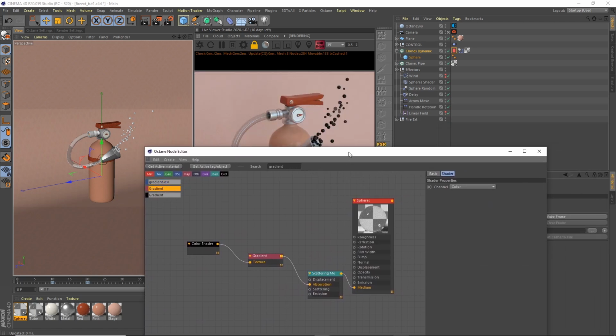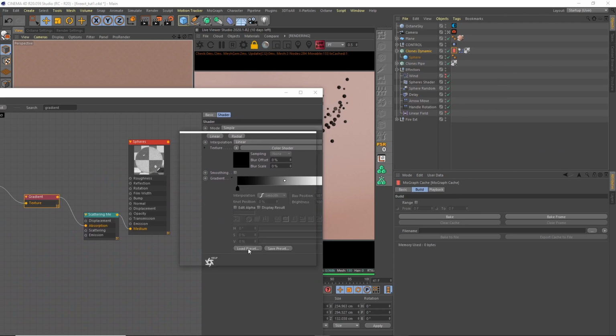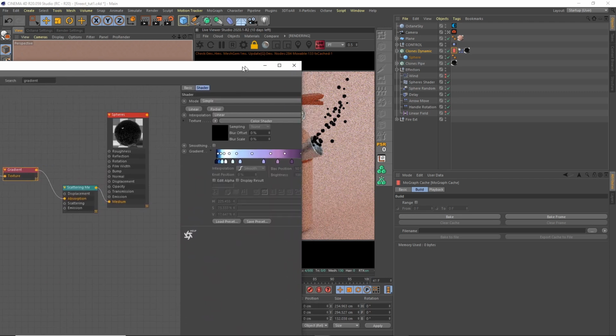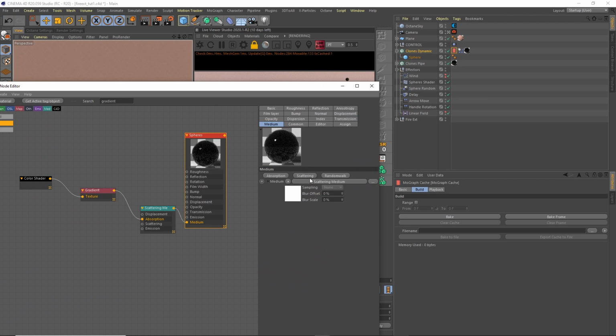Okay, so they're all black to white at the minute, which is not what we want. So I'm going to go to gradient. Under load preset, I'm just going to get this flame 6. I just like the range of colors. Obviously we're not seeing anything at the moment. That's because if we go to medium and go to,